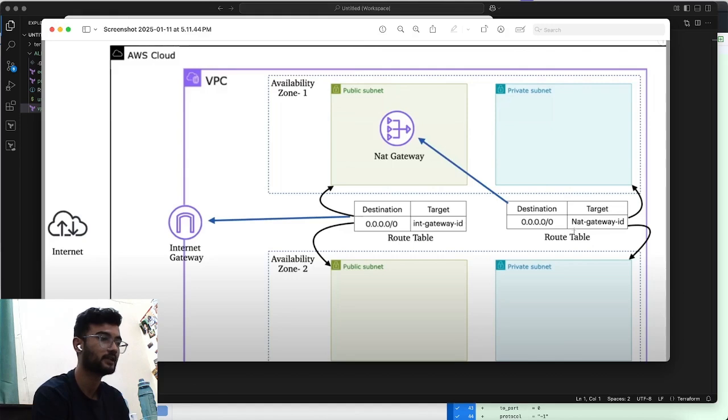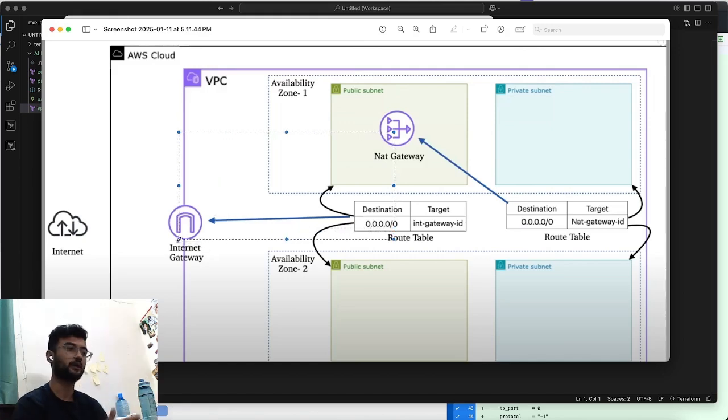Now, these are the two subnets where our EC2 will be running. Since our application needs internet to run, it will take the help of this NAT gateway. Supposedly the IP of private subnet is 1.1, and this IP range is 1.2. Now these two EC2 instances require internet. How will they get internet? Through the NAT gateway. They will send signals to the NAT gateway, and the NAT gateway, through the help of the internet gateway, will provide